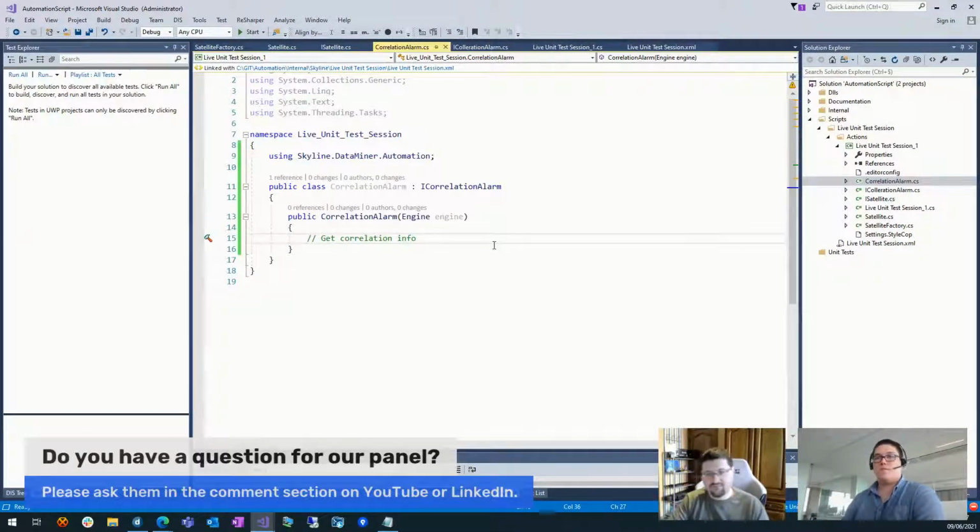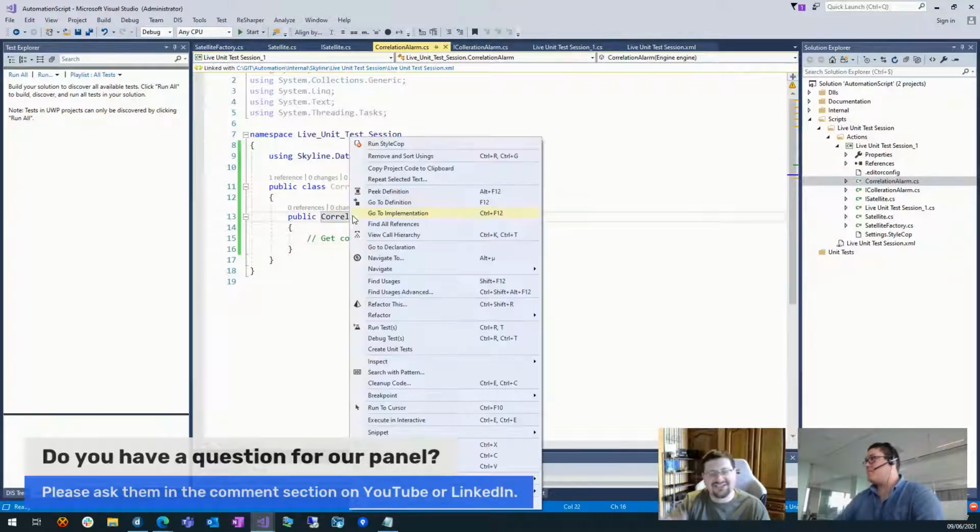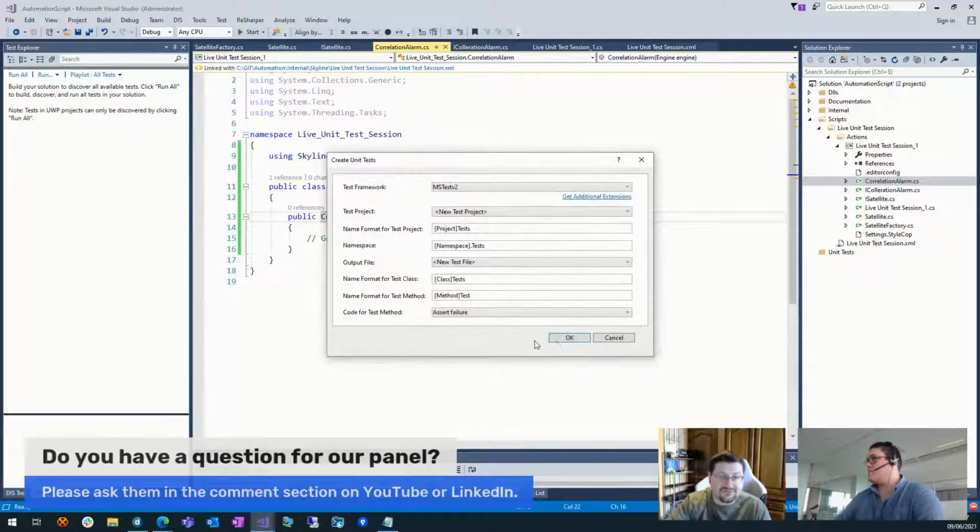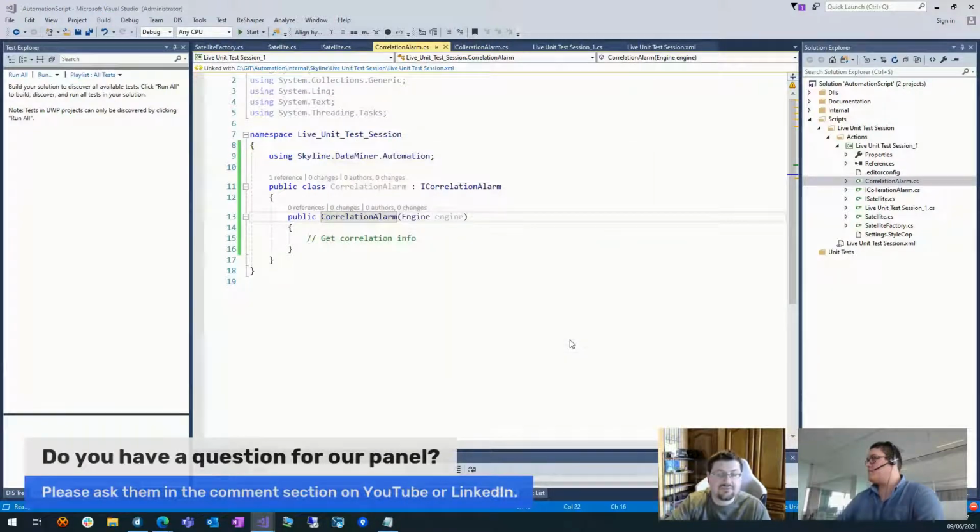Now we're going to speed up a little bit on the logic itself, but for the testing, how do you begin with testing? Well, the easiest way is to just let Visual Studio handle it by generating the unit test. So we're going to start by actually making unit tests for the constructor of correlation, because that's where we're going to be doing most of the work in this case.